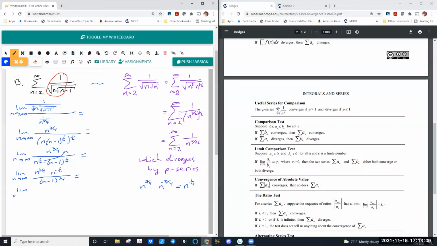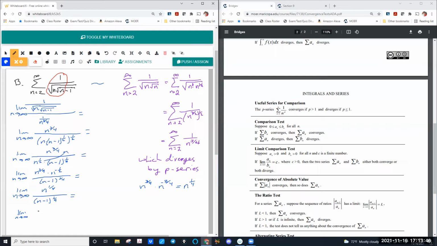So when we do that, we get n to the 1/4, apologies, my handwriting is not good today, as usual, over (n minus 1) to the 1/4. Now, both of these are being raised to the 1/4 power, and that 1/4 does not depend on n. So we're going to do two things. I'll do it in two steps because I don't want you to miss what's happening here.